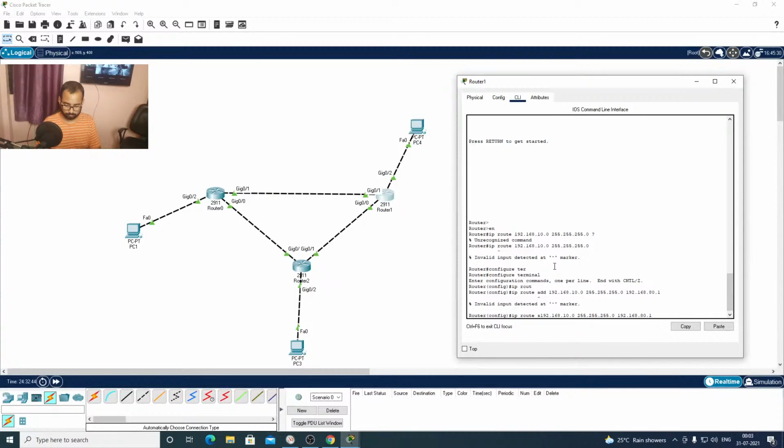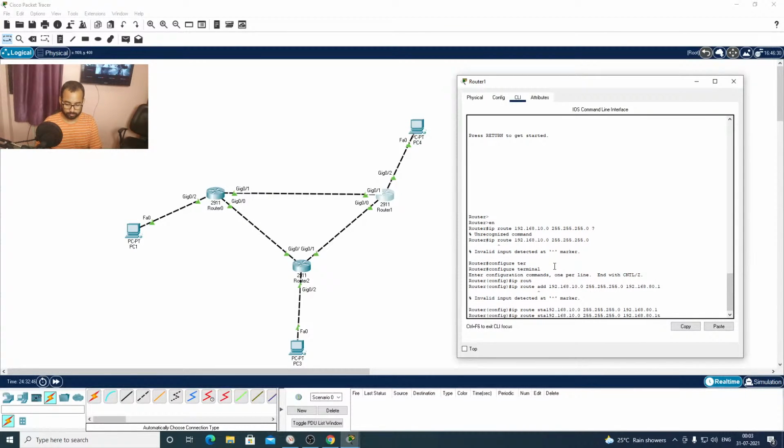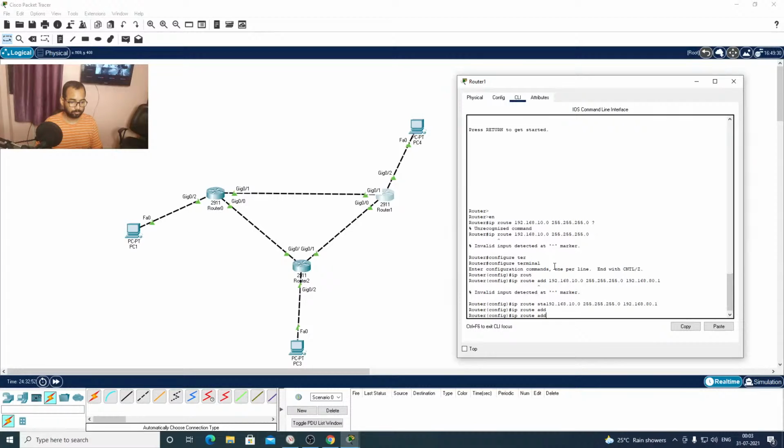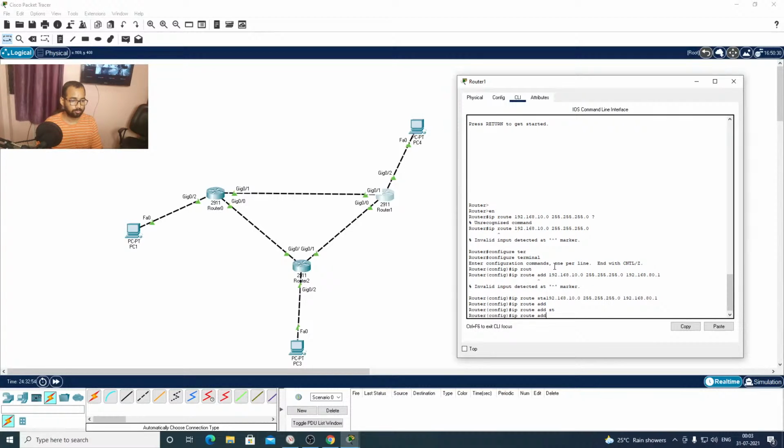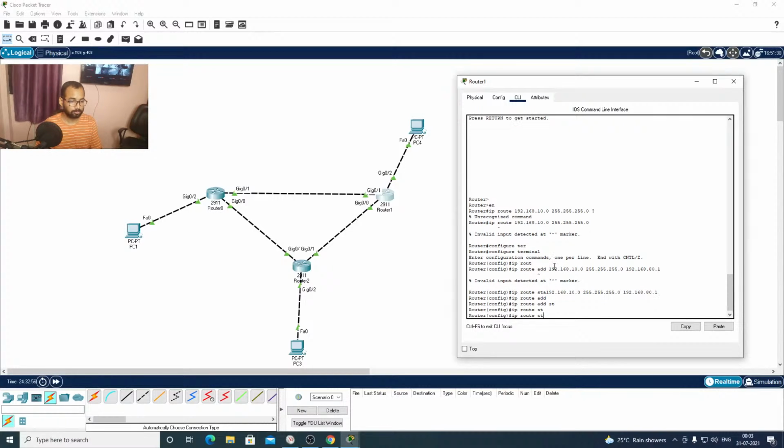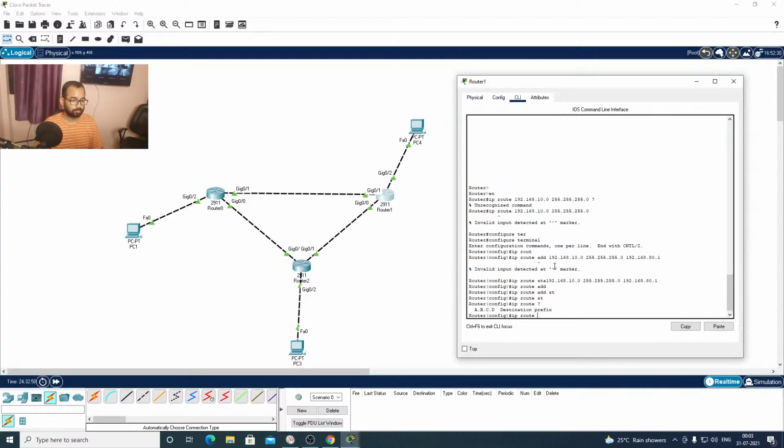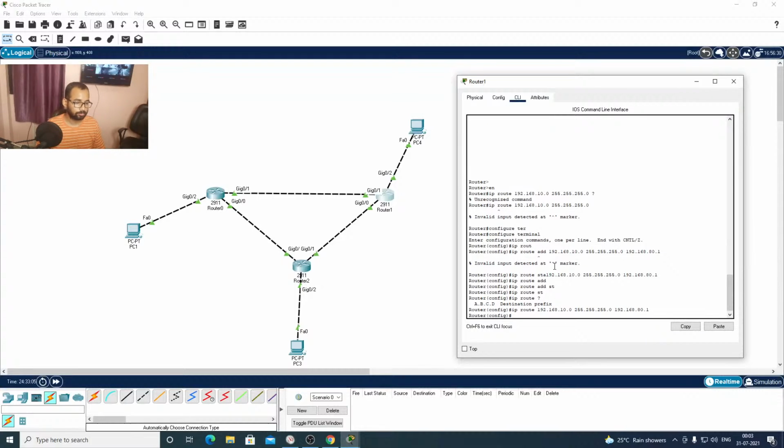Okay, sorry, we have to add a static route. Generally, this is basically a Juniper command.